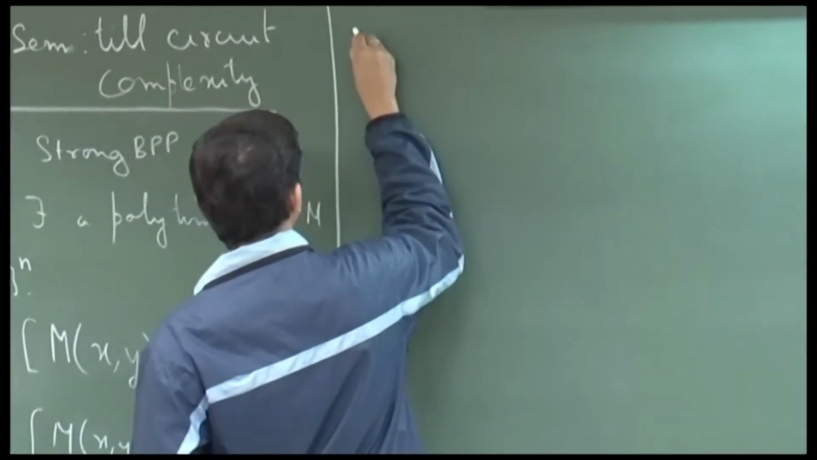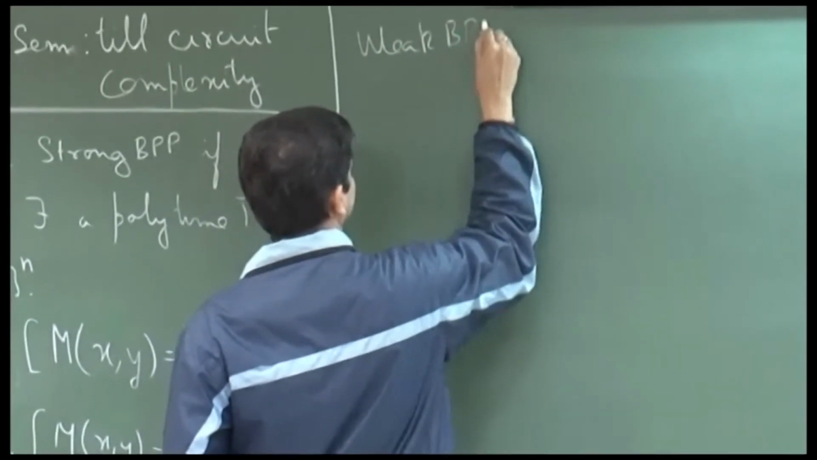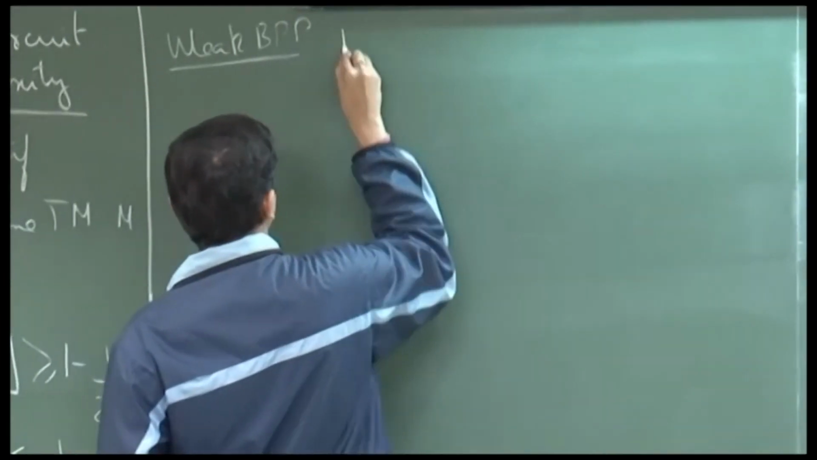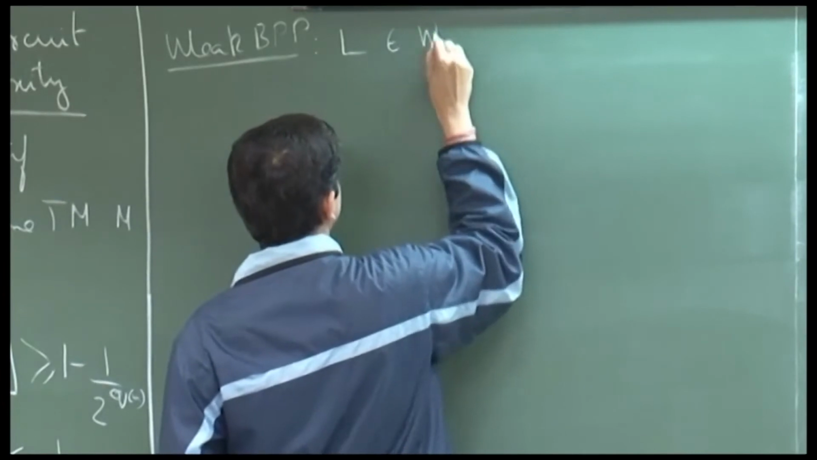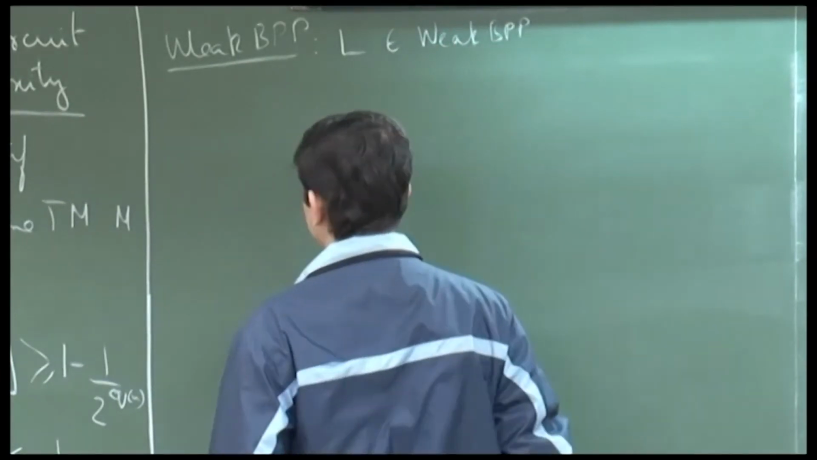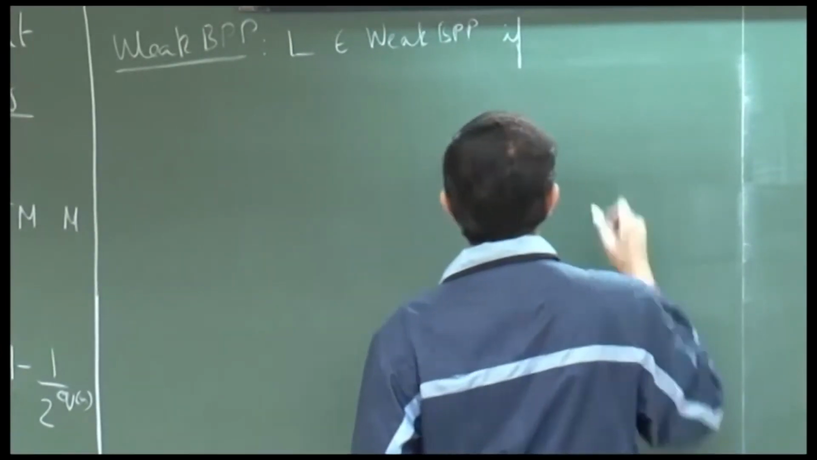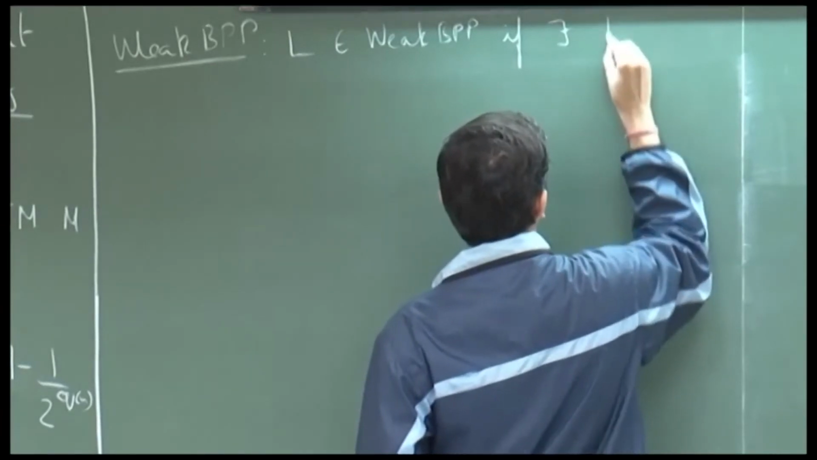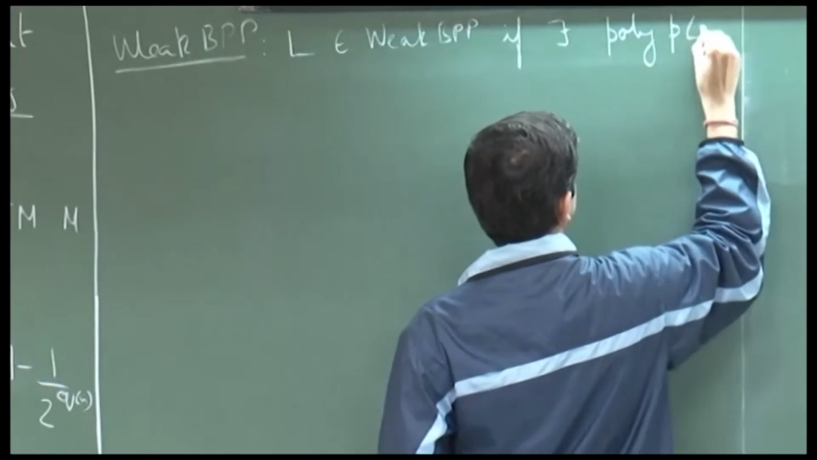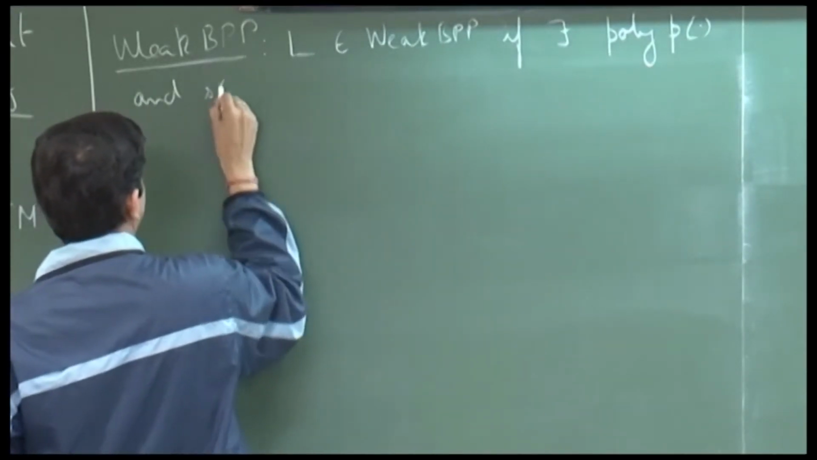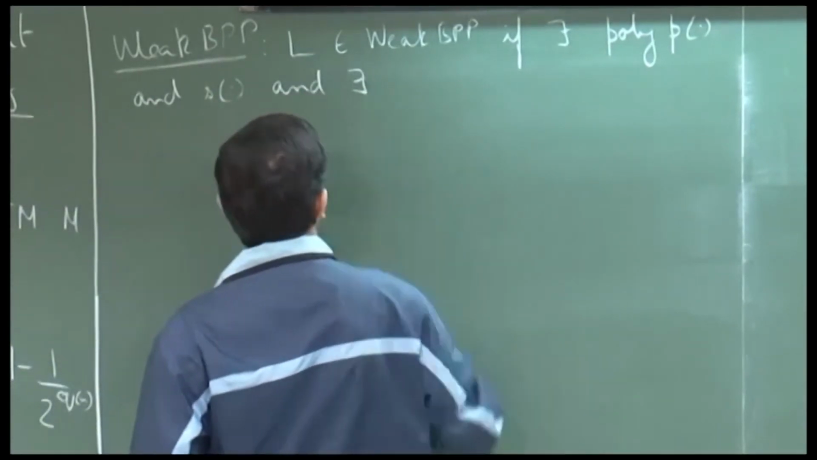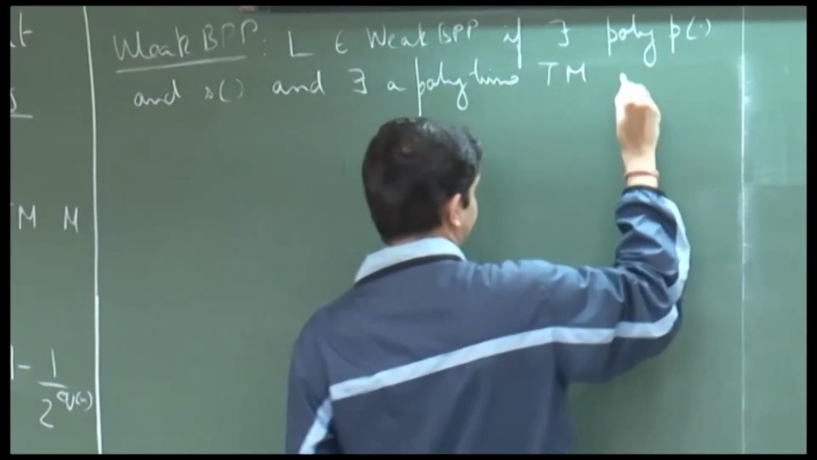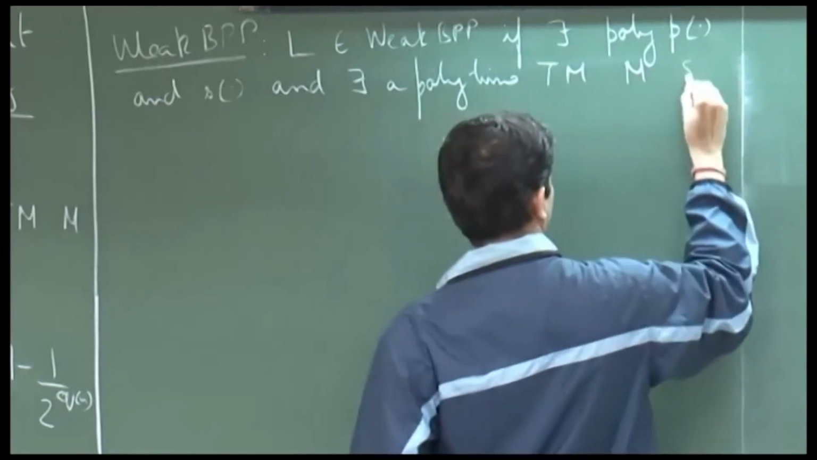Let us define WeakBPP. Is the definition clear? We say that L is in weak BPP if there exist polynomials P and S, and there exists a polynomial time Turing machine M such that